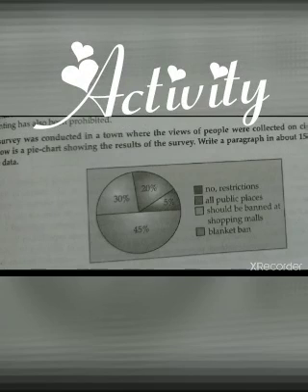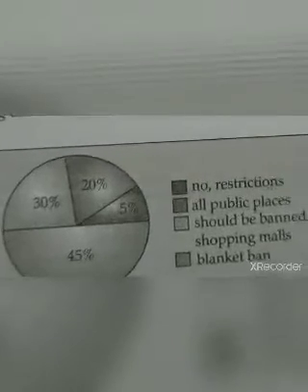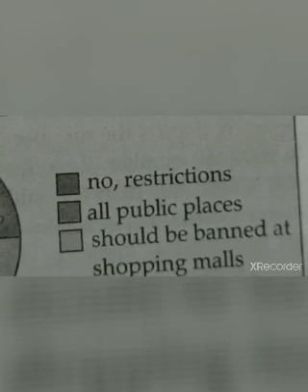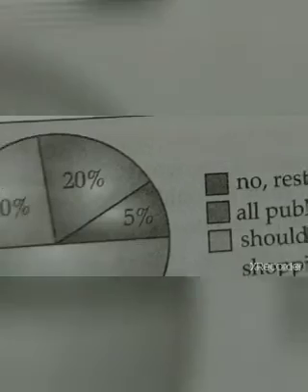Here is today's activity. You should study this pie chart and based on the question, write an analytical paragraph in your assignment notebook. Where? In the assignment notebook. This is your first assignment. So first you study this pie graph. Then the details are given here and the question is also given. I will read the question for you. Then you have to write the analytical paragraph.